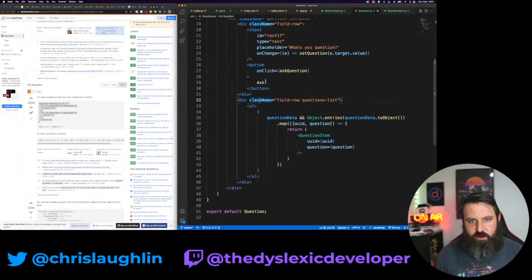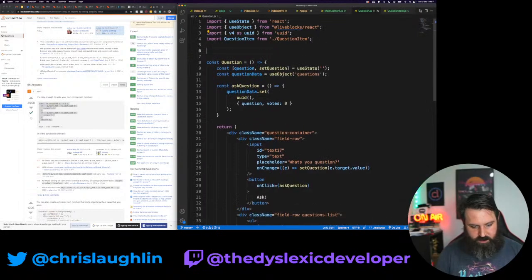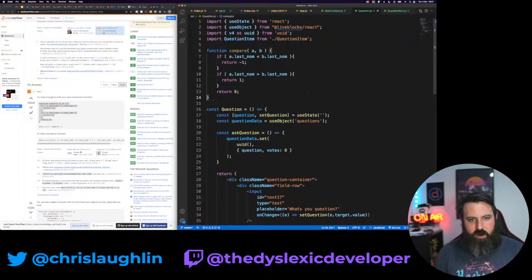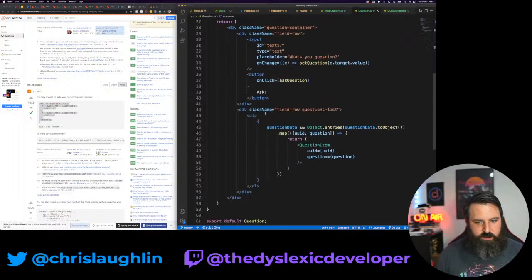So back to our questions. So we'll create this function up here. Compare. Is it compare? Oh, sort. Oh, but then we have to sort it. Yes, our array dot sort.